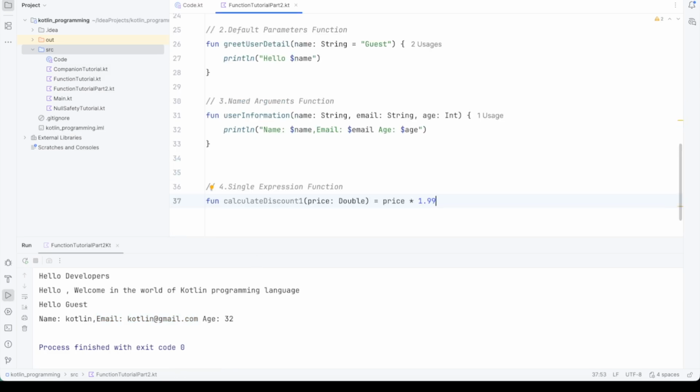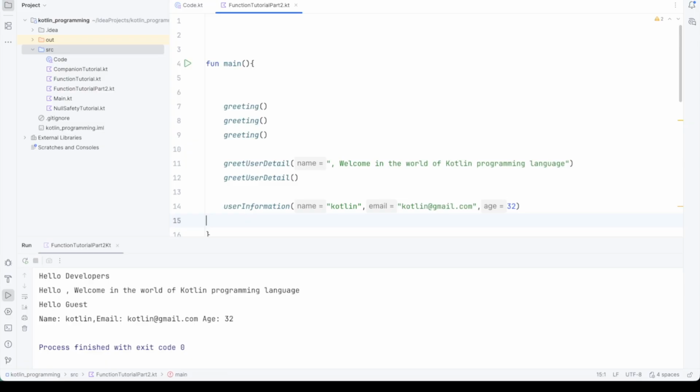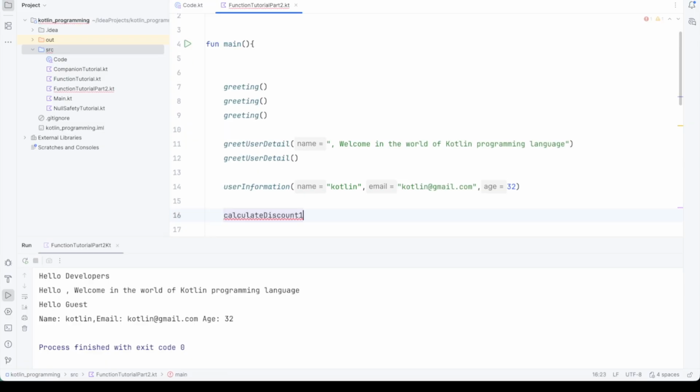Great. Next function is a function with single expression, and here we have function name calculate discount, and this function is taking price as an argument, which is double type, and here we are performing some operation. Okay, let's call it. So again, inside our main function, I'll call it